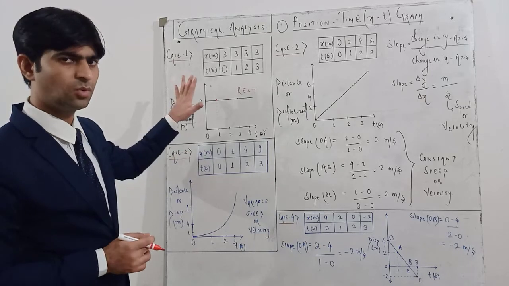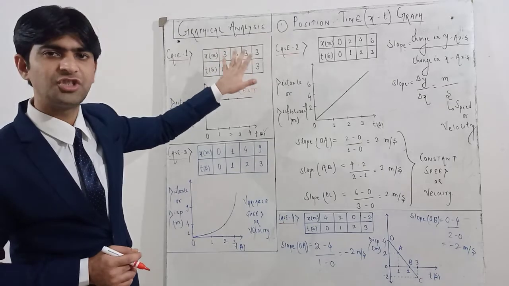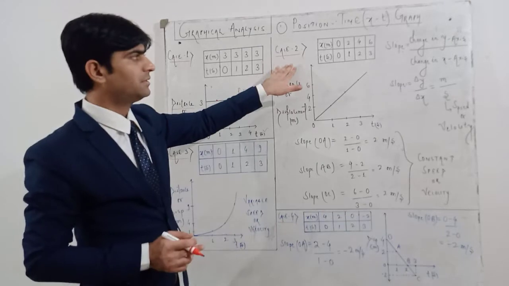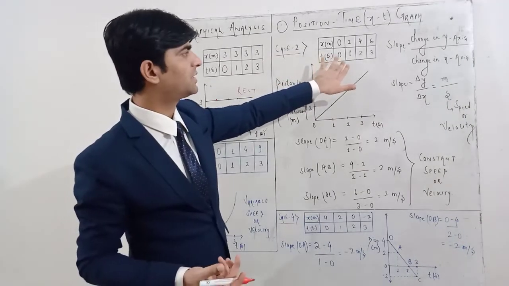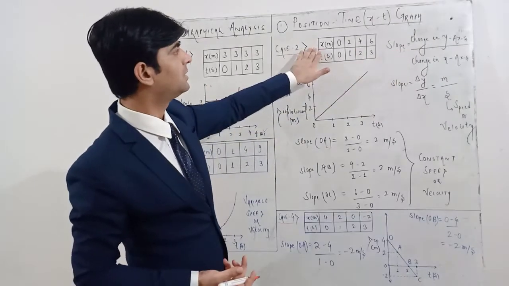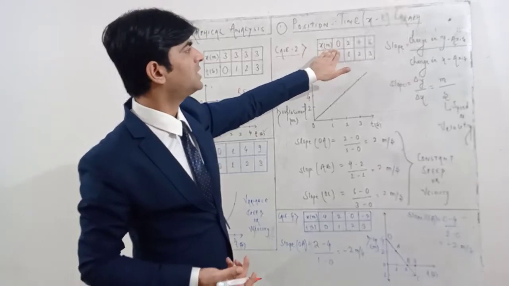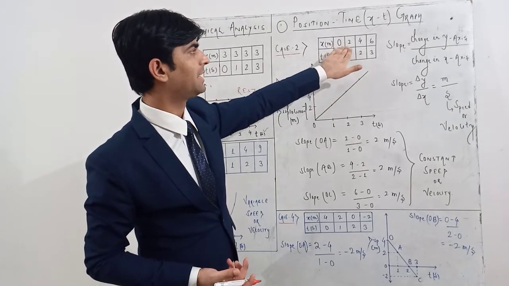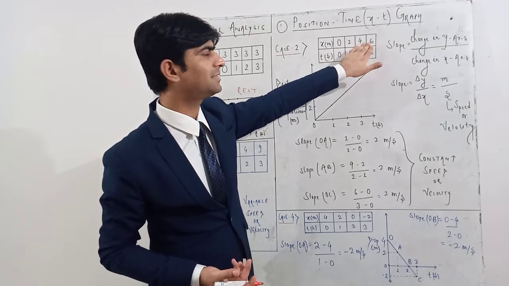Okay, so this is case number 1, where with the passage of time, distance or displacement is not changing. Okay, if you see case number 2 here, time I have taken with an interval of 1 second, that is 0 second, 1 second, 2 second, 3 second and so on. And if you see here, x again indicates the distance or displacement. So at time 0, x is 0, at time 1 second x is 2, at time 2 second x is 4, at time 3 second x is 6.